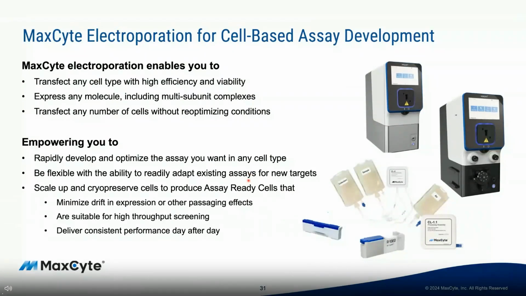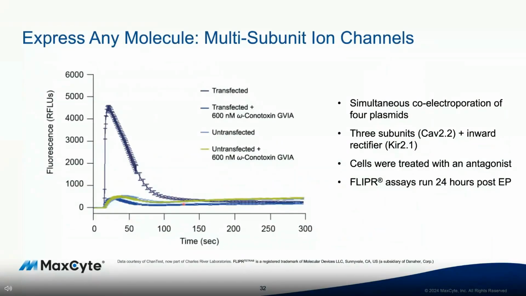So scale up allows potential cryopreservation of the cells, so you can minimize the drift in expression when you're passaging cells. You can use this for high throughput screening as well as delivering consistent performance day to day. So this is an example of multi-subunit expression in cells where 4 plasmids expressing 3 subunits and an inward rectifier were delivered into CHO cells,